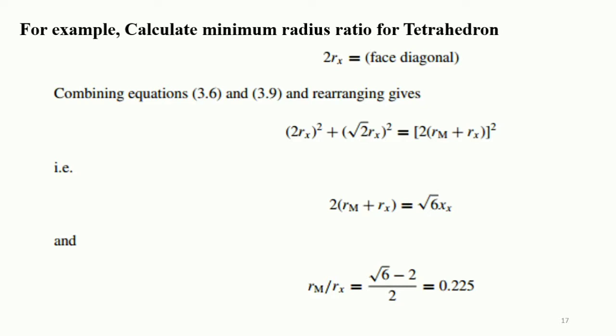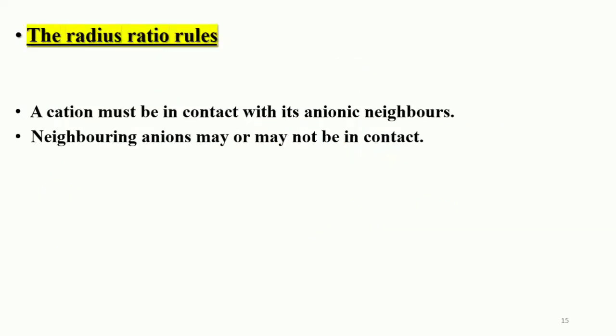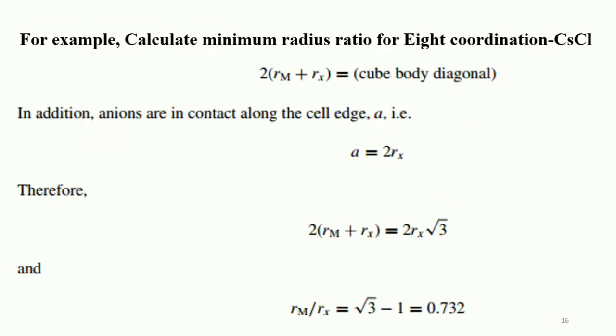To calculate the minimum radius ratio for 8 coordination, for example cesium chloride, we need to apply the Pythagorean theorem again. 2(rm plus rx) is equal to the cube body diagonal. In addition, anions are in contact along the cell edges, so a is equal to 2rx. Therefore, 2(rm plus rx) is equal to 2rx root 3, and rm over rx is equal to root 3 minus 1,